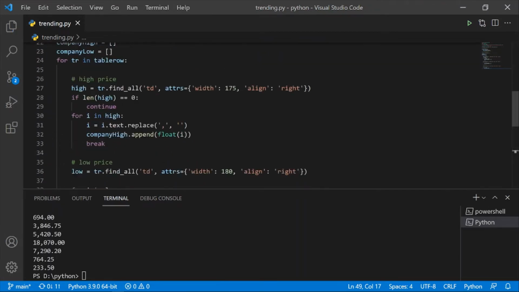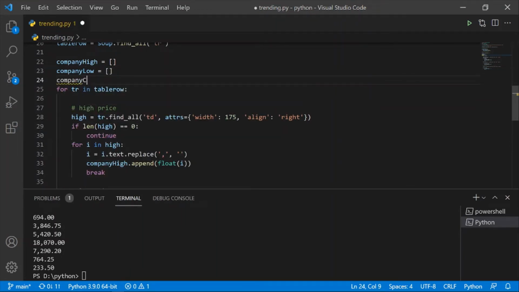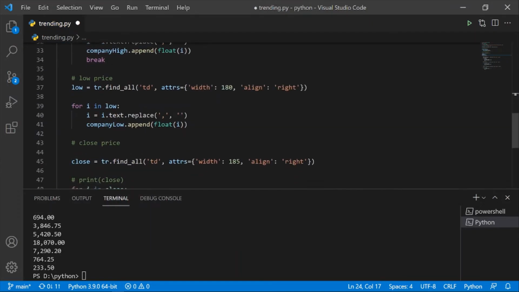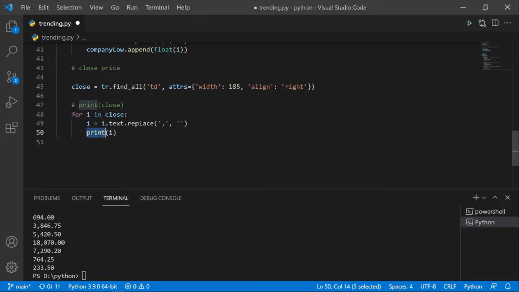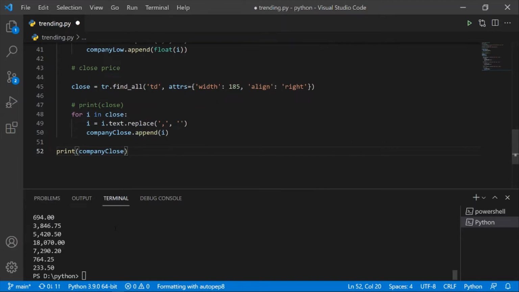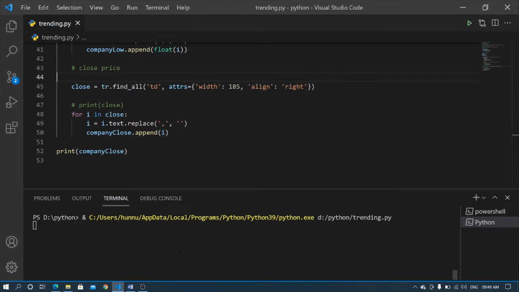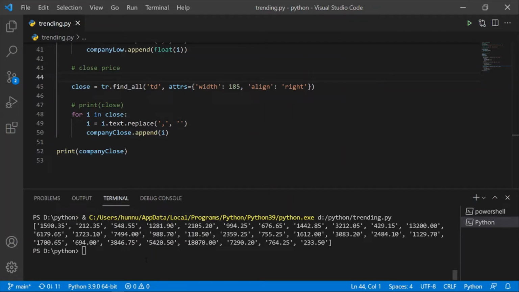Okay, we'll make it fast, and we'll create a list. We'll create company_close, and company_close.append. Just going to print the company close values here. Okay, we got the exact values here. Then next we'll go to the